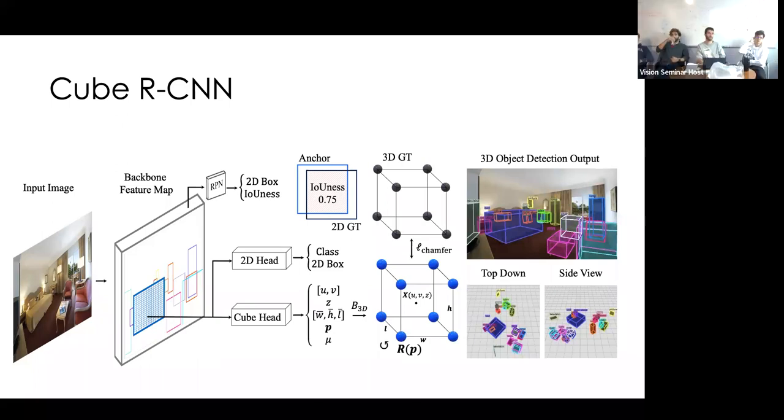Just a quick question. So this head, you predict a 3D box separately from the 2D box, and they're two separate, so there's no camera intrinsics or anything to relate the 2D box to the 3D box. Oh, so what do you mean, camera intrinsics? Do you mean there is some intrinsic relation between where the 2D box is and where you predict the 3D box, right? So you predict those two independently, or you try to enforce some sort of